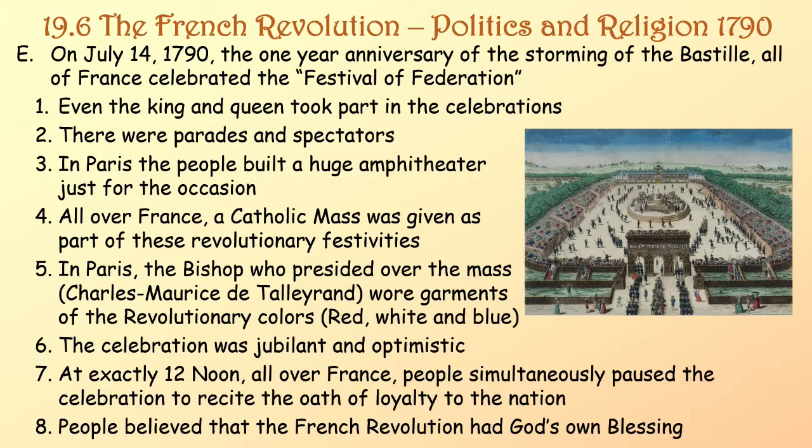On July 14, 1790, the one-year anniversary of the storming of the Bastille, all of France celebrated with the Festival of Federation. Even the king and queen took part in the celebrations, and there were parades and spectators, and in Paris, the people built a huge amphitheater just for the occasion. All over France, a Catholic Mass was given as part of these revolutionary festivities. In Paris, the bishop who presided over the Mass, Charles-Maurice de Talleyrand, wore garments of the revolutionary colors, red, white,